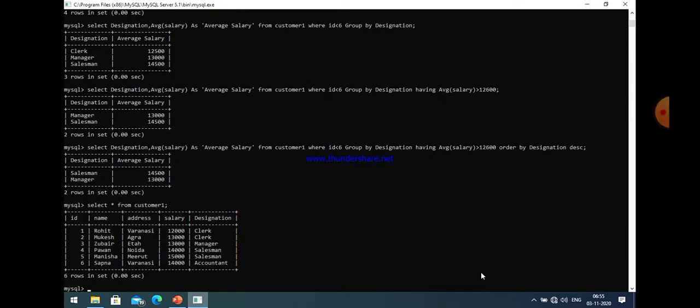And if I want to add a column, then I just use alter table command. So just write alter table, and then name of the table, that is customer 1.